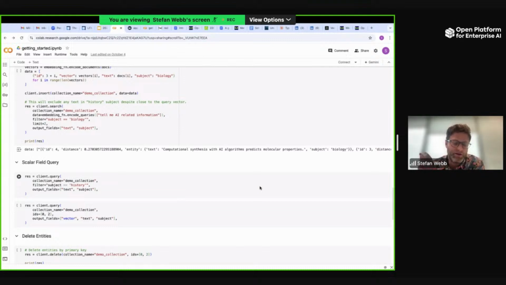Yeah, sure. So that's built into the design of the system. The software will take care of that. You'll have to worry about the details of the hardware, how you set up the cluster. But in terms of the design of the distributed system to scale up vector indexing and search, that's one of the main value propositions of Milvus. So Milvus will handle that for you. And if you don't want to handle the hardware side, then we have a commercial hosting service too.